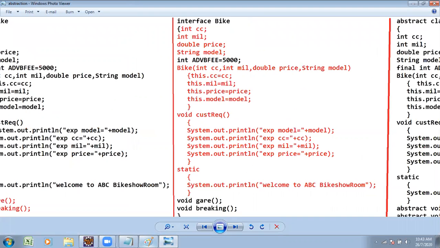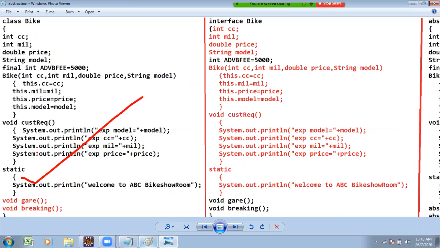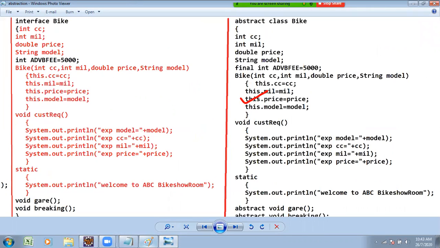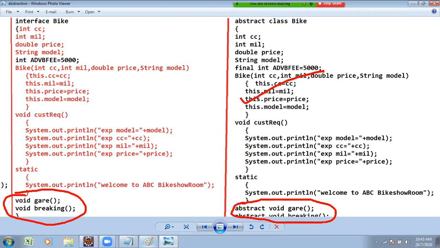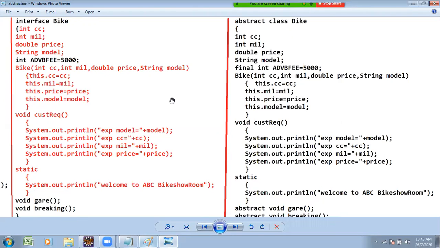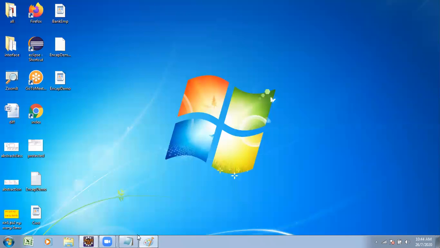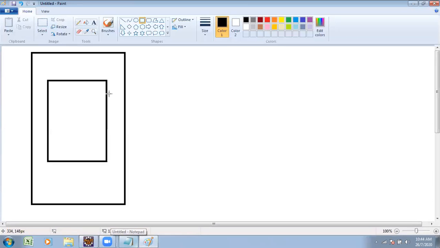Work with this class. Class, nothing is hidden, everything is presented, all logic is presented. Abstract class, some logic is presented, some logic is going to be hidden. Interface, all logic is going to be hidden, nothing is presented. But class is not secured. Abstract class, partially secured. Interface, fully secured, but we wanted full-fledged security. From that point of view, we write the logic of inner class. An inner class is a class which is declared inside of another class.